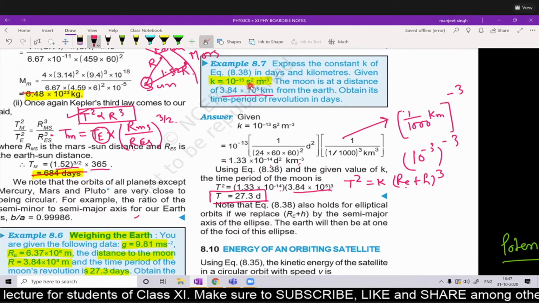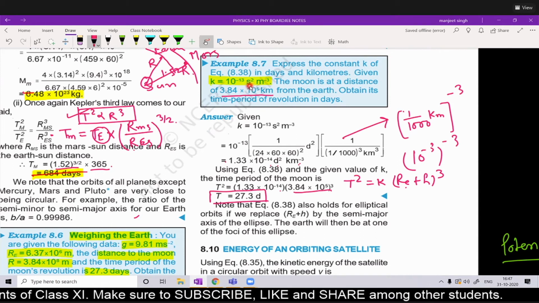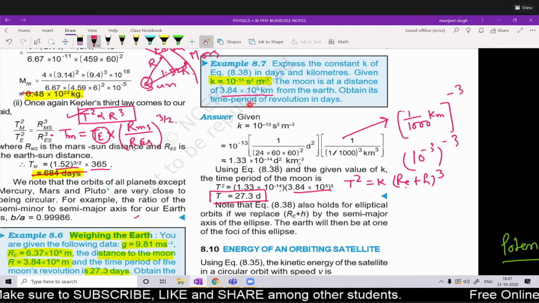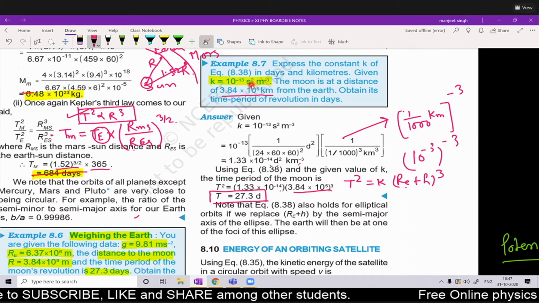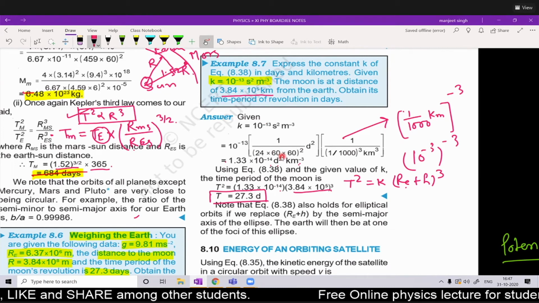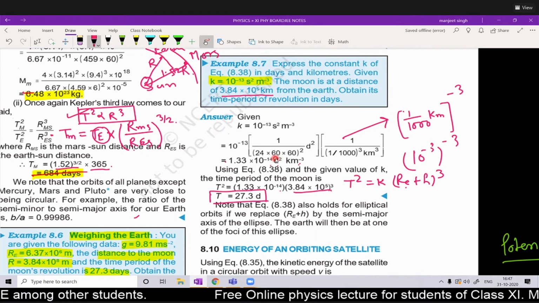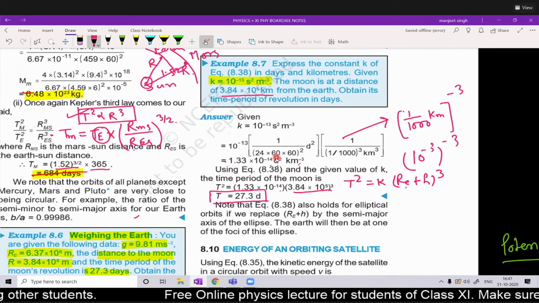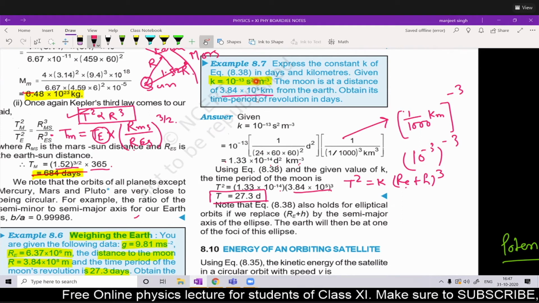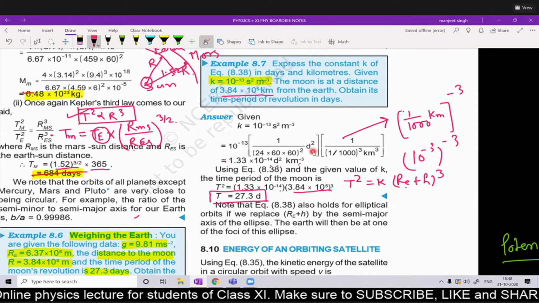Okay, how to convert? Convert into minutes first, then into hours, then into days. Converting seconds into minutes requires division by 60, so a factor of 1/60 comes in the place of second. Then again divide by 60 to get hours, then into days, again divide by 24. Now you see in this dimension the power is 2, so we have done it to the power of 2. So this factor comes here, and here it comes days square.